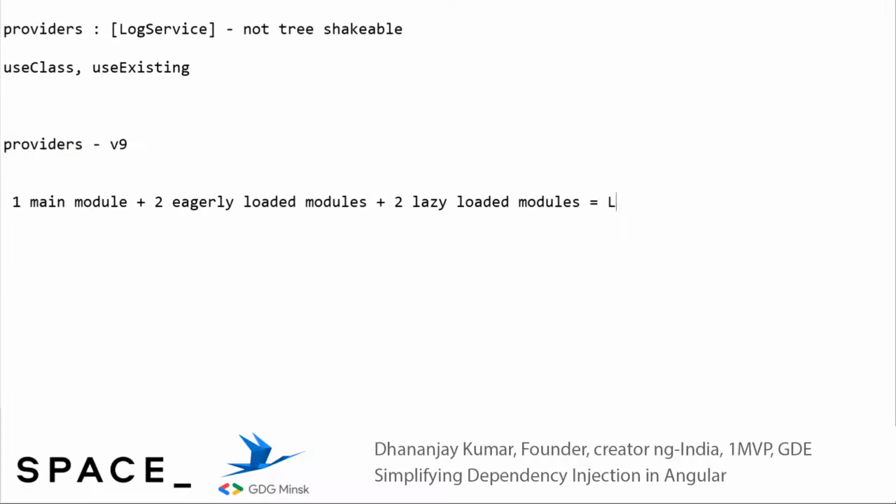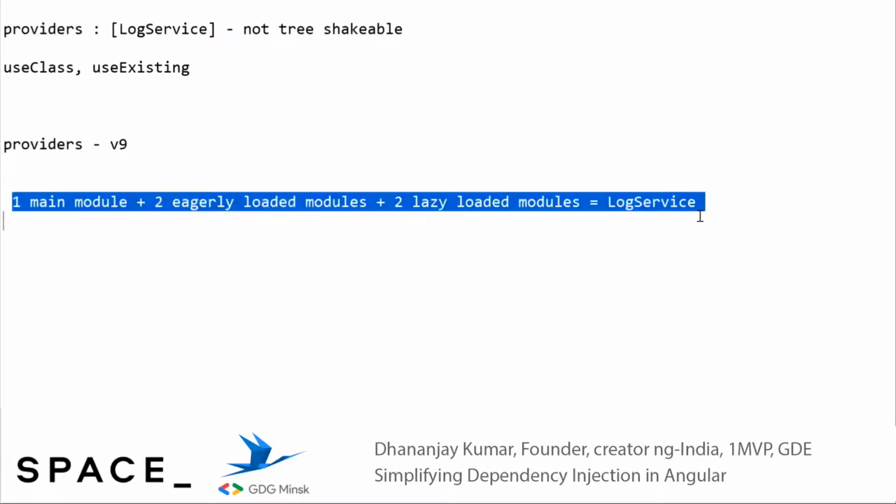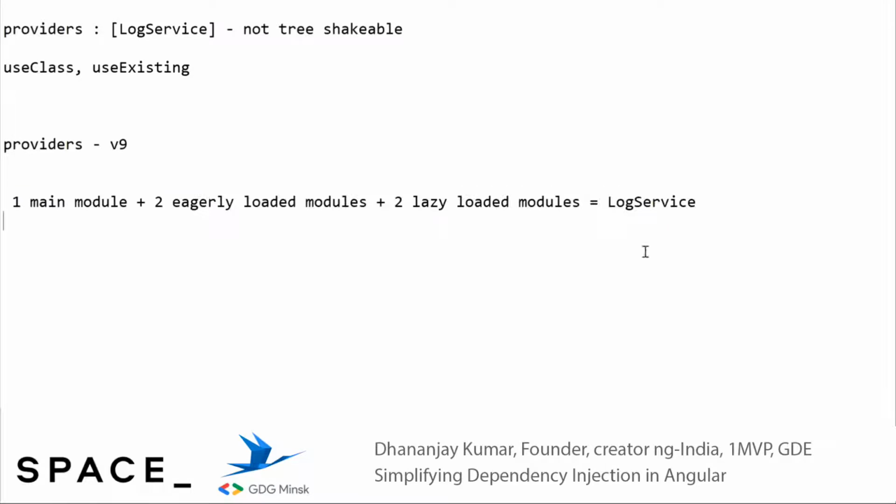And we are using this log service in all these modules. Now we have not provided log service anywhere at the component level or directive levels. Now the question is, how many objects of log service would get created? Whether Angular is going to create 2, 4 or 5 objects, or it is going to create only 1 object, how Angular is going to create objects and all. And after this 10 minutes of demo, you would be able to answer this question at your fingertips. All right, and we are going to work with that log service itself.